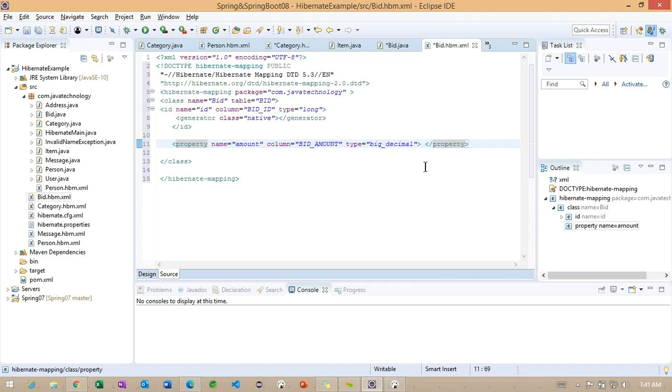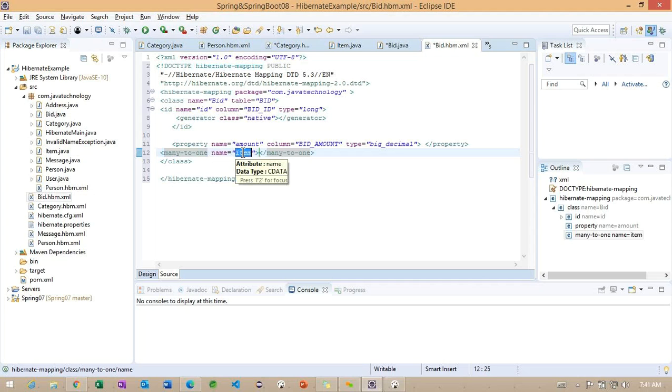What is the one more property? Item. But item is expecting many bids. Because of that, we can work on many to one. And the name here we need to specify is item, because many is bid and one is item.